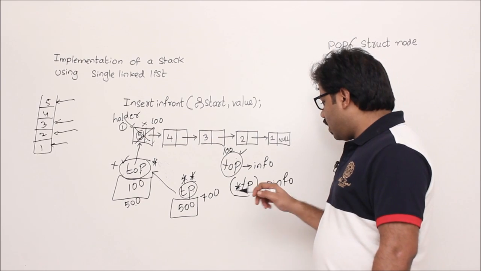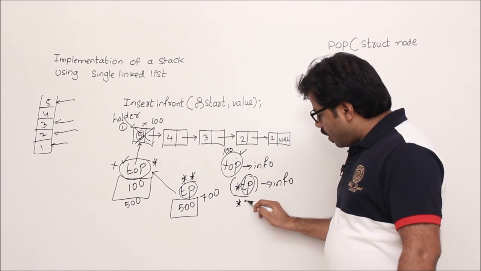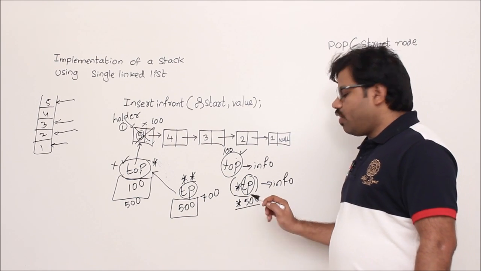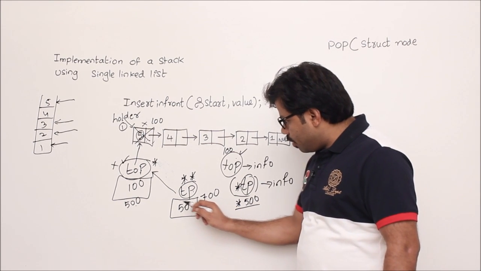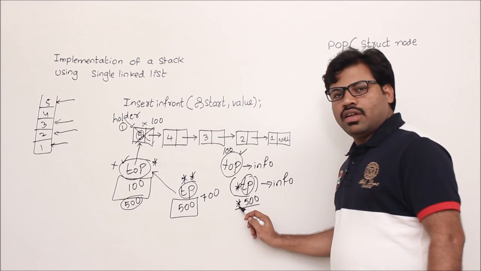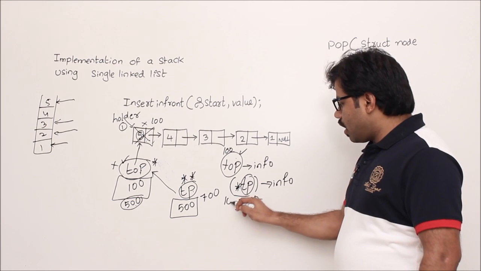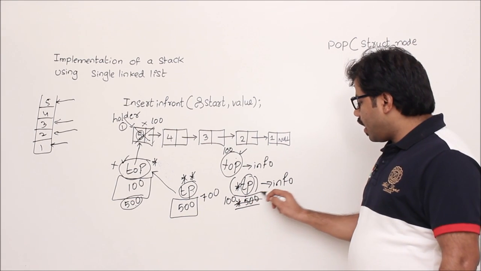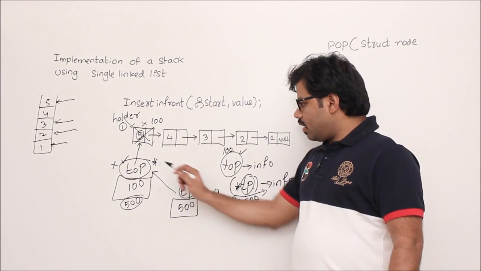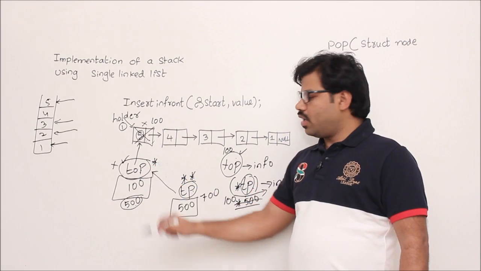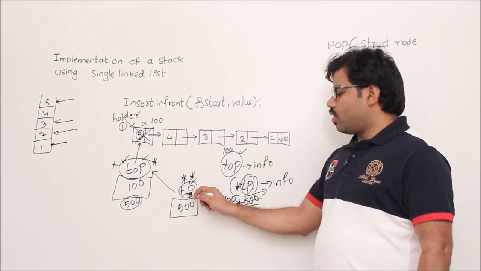What is 100->info? 5. Next, when you come to *TP, it is the content of TP. What is the content of TP? 500. Then this will become the value at 500. It is called dereferencing. We go to the value at 500. What is the value of the 500 memory box? That is the meaning of star. When you see star, the value at 500 will be referred to, that is 100. So *TP will be replaced with 100. Then again we are accessing 100->info, right? So from now onwards, whenever something is a pointer to top, referring to top can be done by referring to TP. But the only thing is we should write *TP.